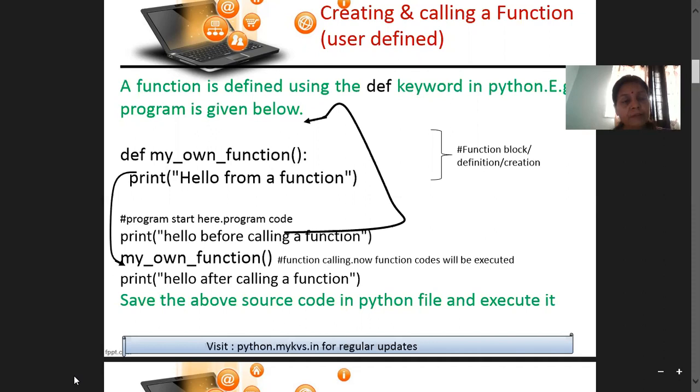And after the def keyword, we have to give the name of the function like this. You can take your own function name, but it should be logical so that we can know about the task of the function or about the working of the function. Correct?